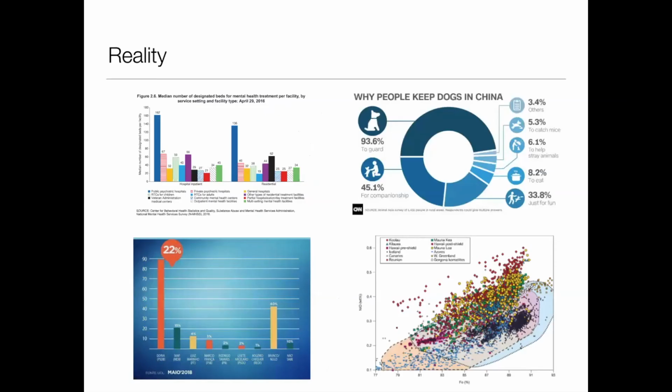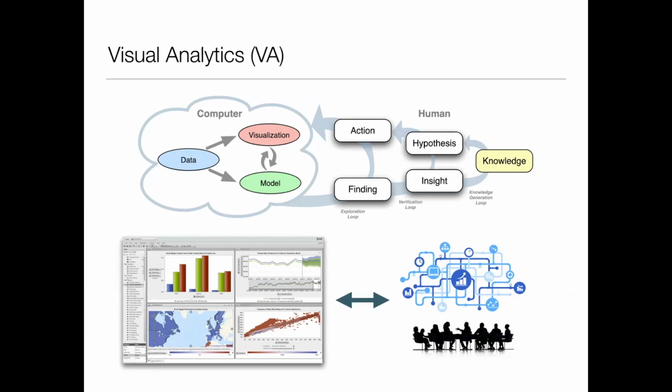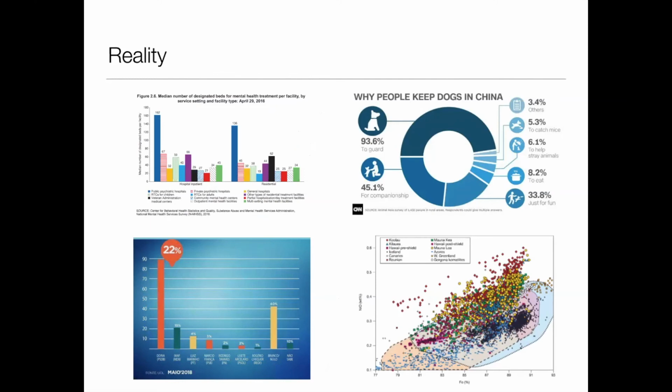So ideally, this is what we would have, right? This beautiful loop of knowledge generation, built up from these visual analytics systems with nice views and everything. But the reality is a bit less perfect. Again, like in the beginning, the reality is a little bit more complex. The truth is that, if we don't pay attention to what we're doing, we end up generating a lot of weird visualizations that may or may not make much sense.